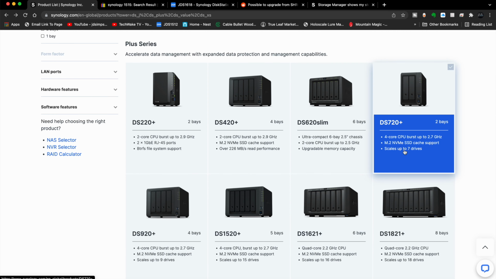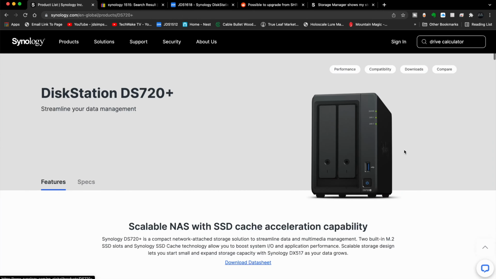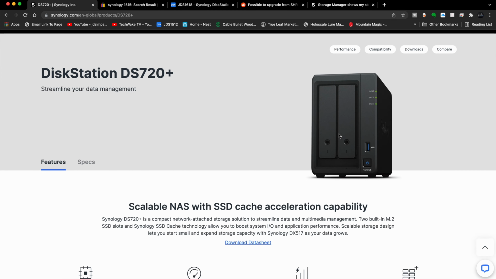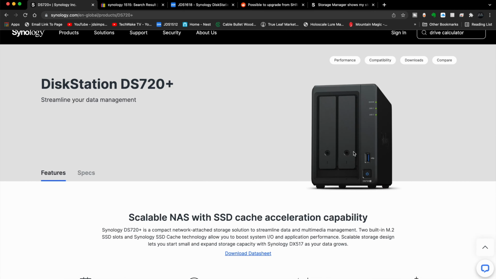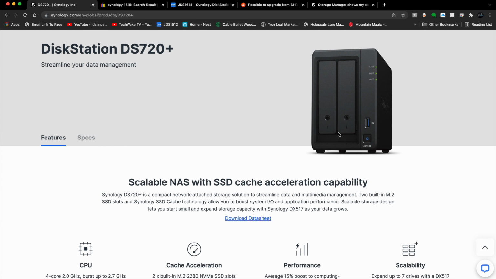Let's talk about scaling for a second. When you talk about scaling, we're talking about this drive, this 2-bay drive. It'll have 2 hard disks inside. And the way you protect your data is one of the disks has exactly the same data that's on the other disk. And we'll look at this in more detail in a second. But one of the things that you want to be able to do is grow. So increasing the size, you'd have to pull out one drive, put in a bigger drive, let the other drive write the data back across to it, and then do the same thing on the other side in order to have security. But this box has something called scalability that allows you to have the Synology DX517 added onto it.